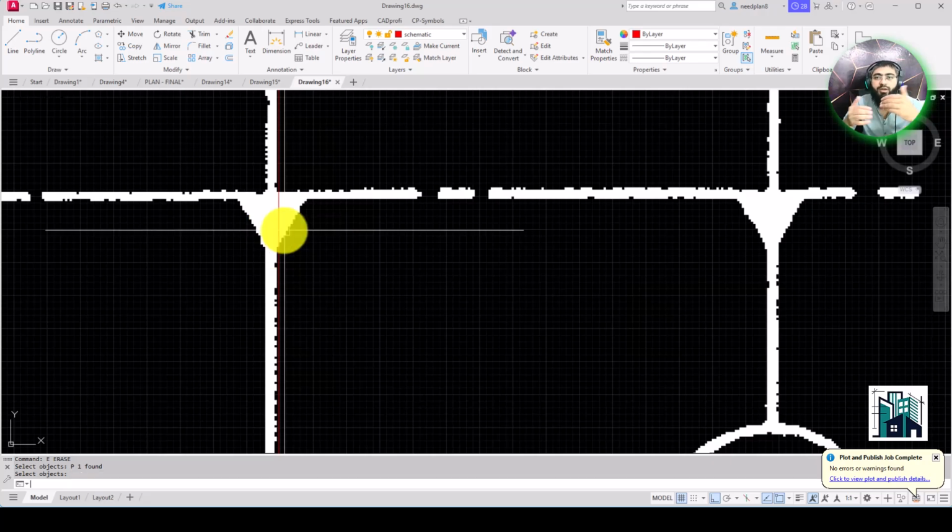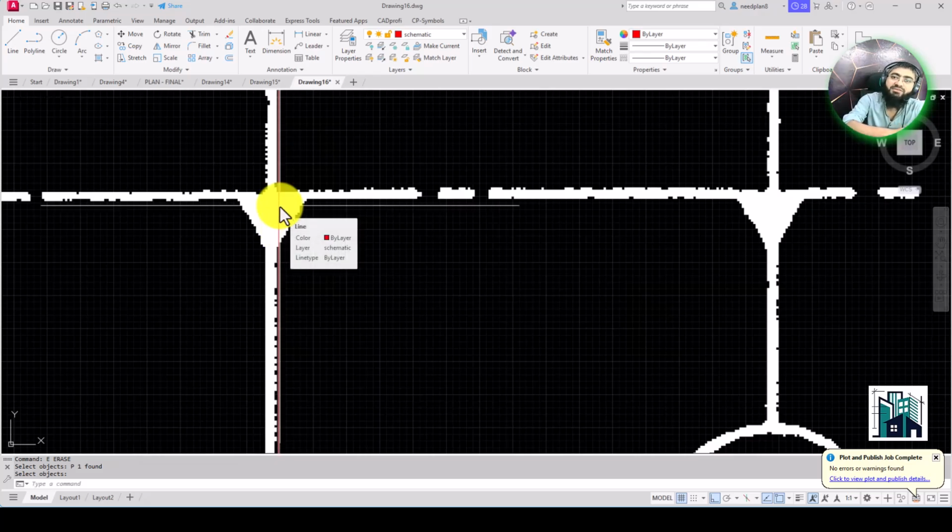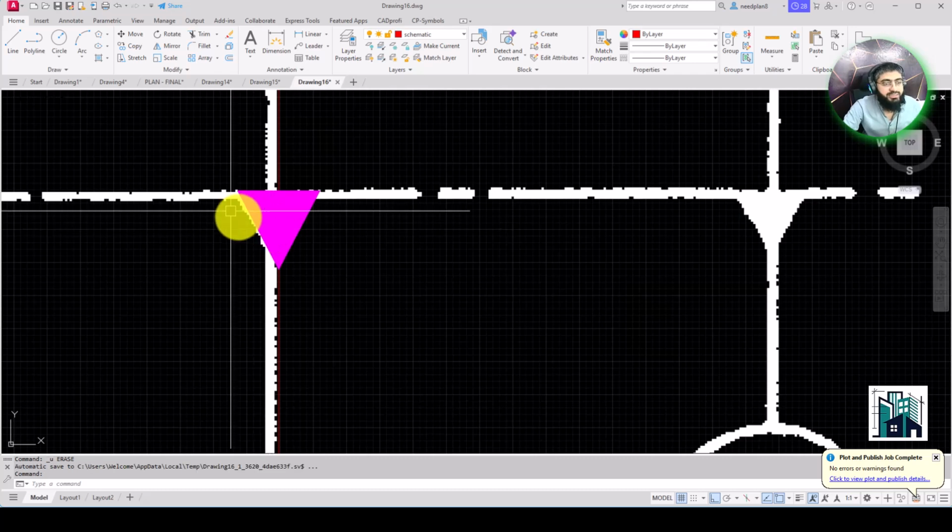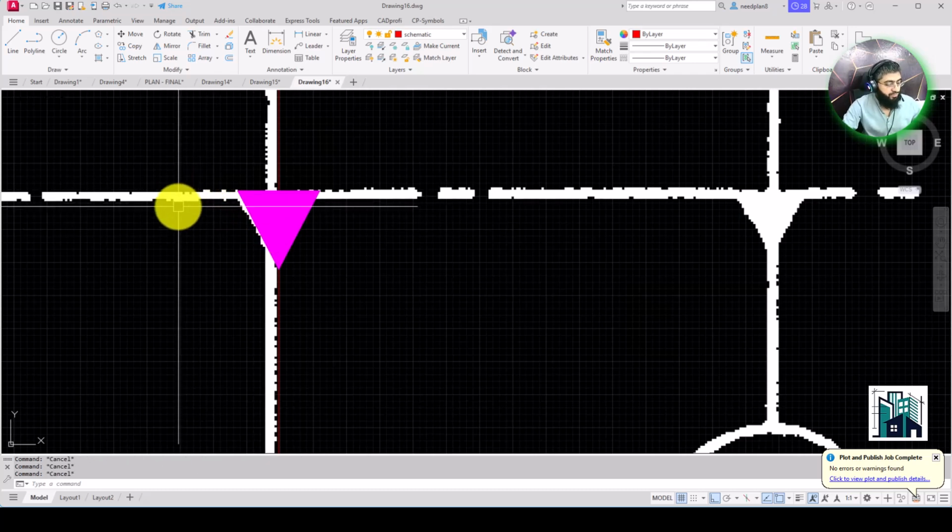Okay, so it means when you have selected the object and then gone further and you want to change the command and select the object which you have selected previously, what you'll have to do is just activate that command and then enter P enter, whether it's the erase command or explode command or any other command which you want to use.